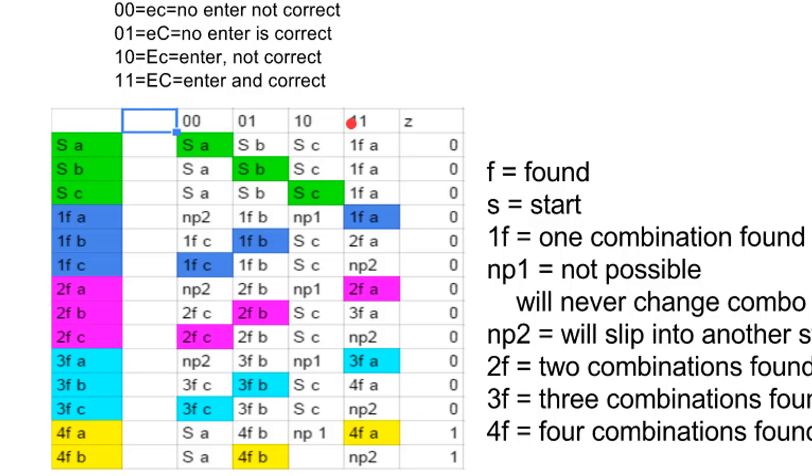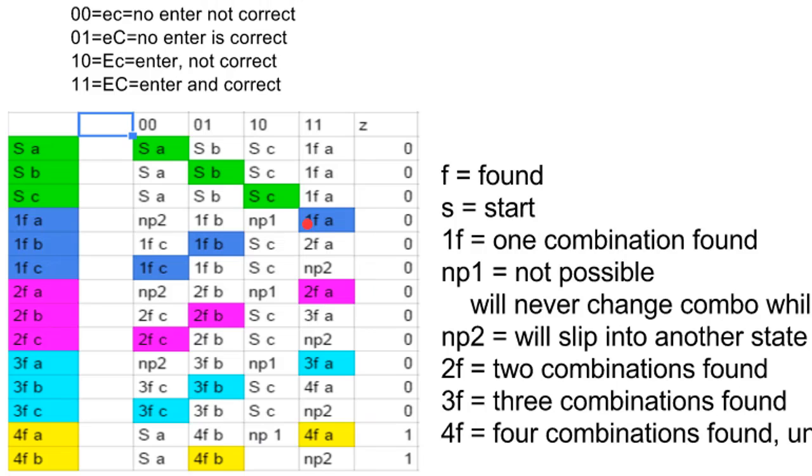If we both press the enter button and have already entered the correct combination, then we're going to go down here to the first one found state. The first thing we're going to do after entering the first combination is we're going to release the enter button and we're going to jump over to this column. This column right here is impossible. It's not possible to be here ever. So we're going to jump to this column where we've found the first combination and we're going to slip down